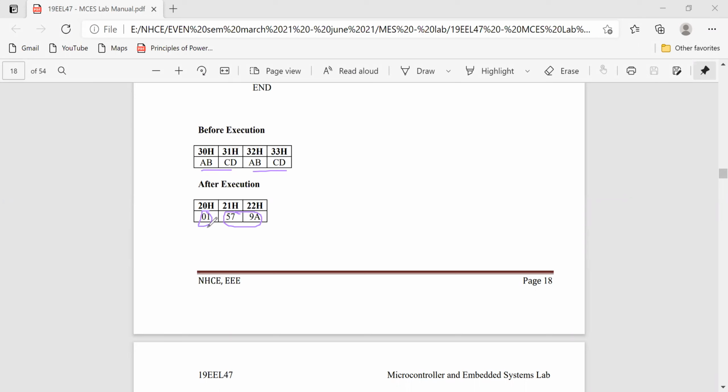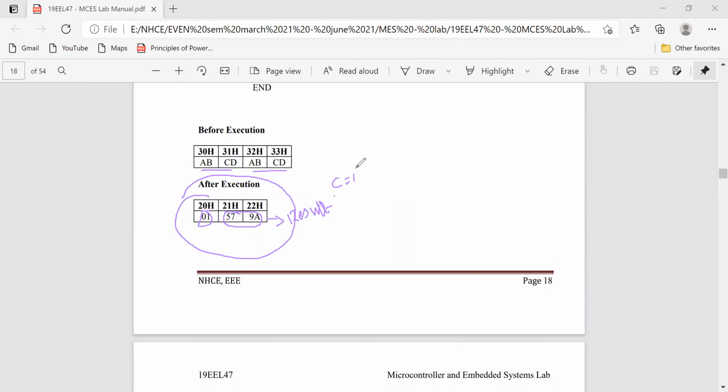Anybody can tell me? What happens if there is a carry? If carry is 1, what do you understand? You have some result after addition, so you must conclude. What do you understand from these final three data? Anybody can tell me? No idea? Okay, I will tell you.